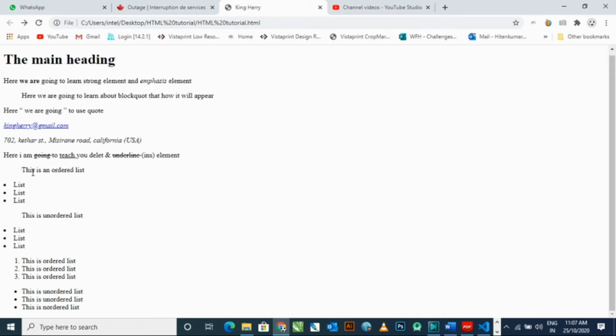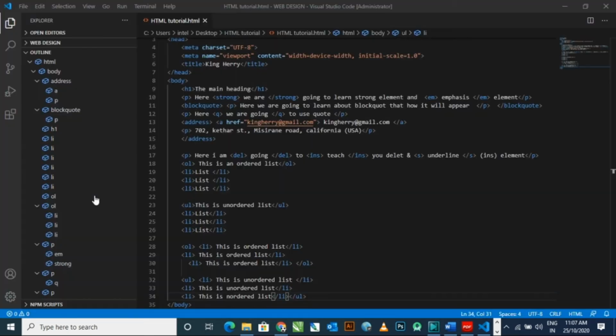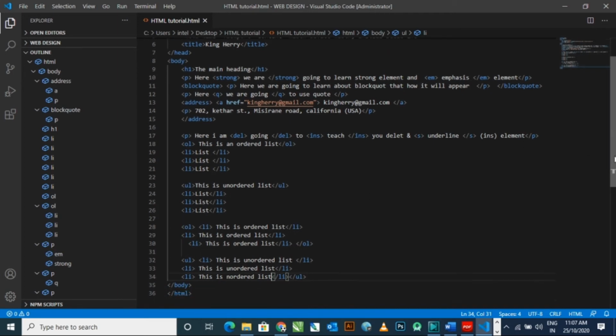Then the misunderstanding of ordered list and unordered list, which I typed in the wrong format. You can see the result of the wrong format. If you type an ordered list in the wrong format, it will automatically appear as an unordered list.